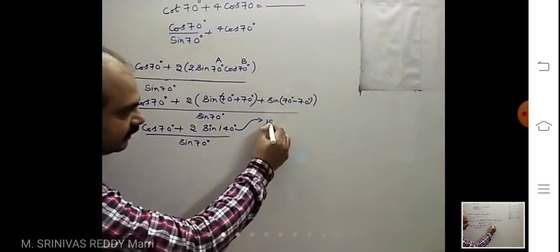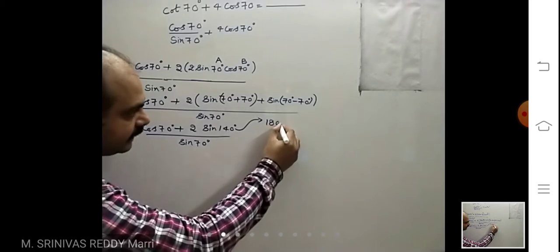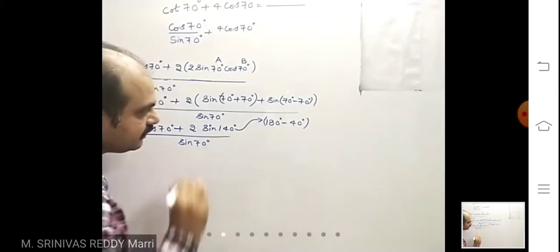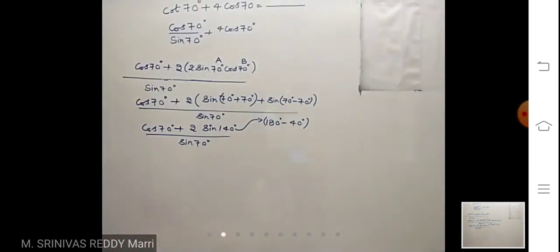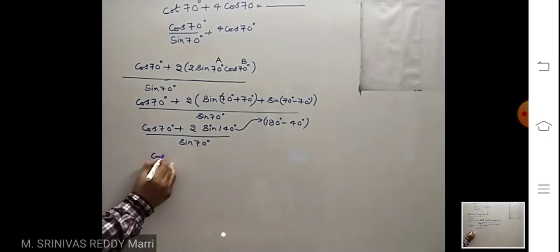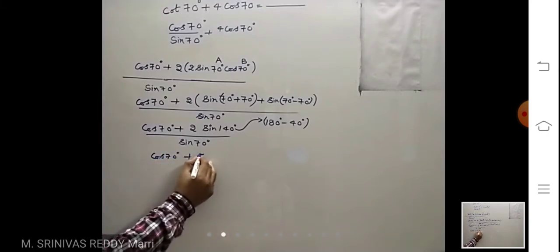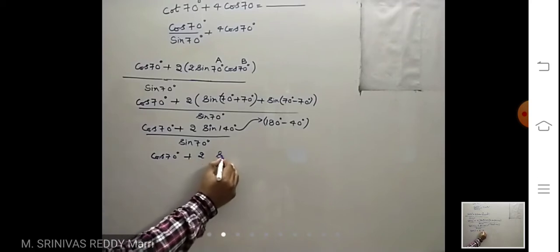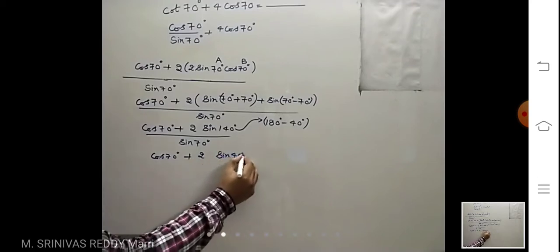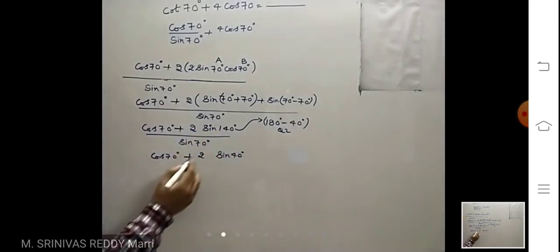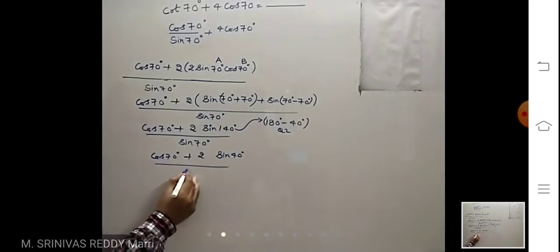That means this can be written as 180 degree minus 40 degree. So it is nothing but sine of 180 degree minus 40 degree. What is 180 minus theta? 180 minus theta is sine theta. And in the second quadrant, sine is positive. So you will get 2 sine 40 divided by